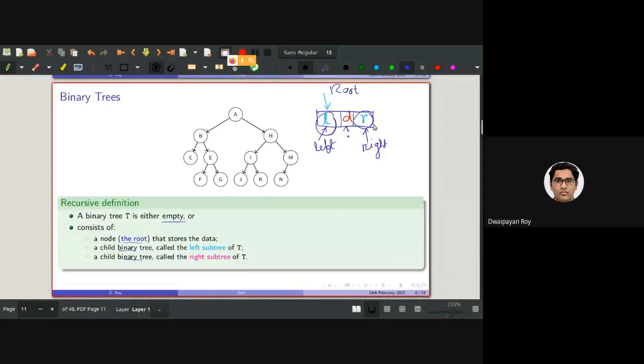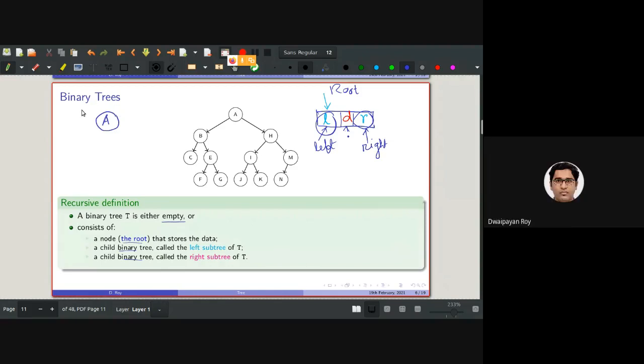So these two can also be empty, isn't it? So if I draw a tree here, say A, is it a binary tree? Yes. Why?